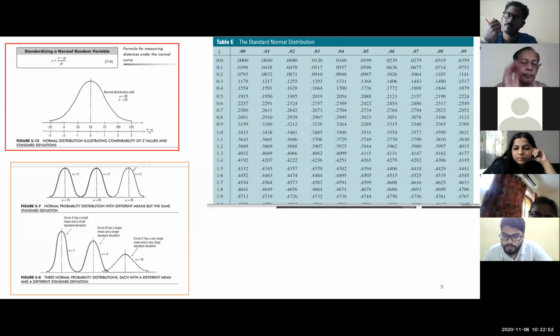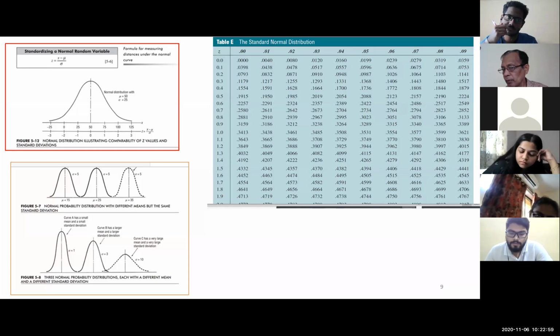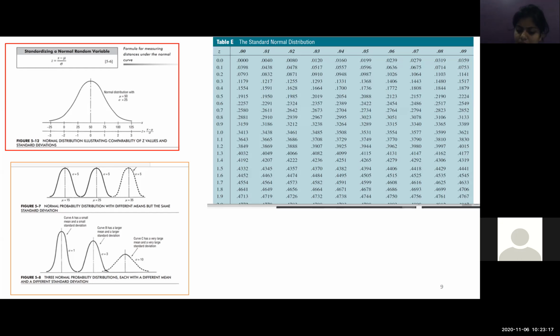Yes, Bina, the Z value is 2.24. It's given. So in the Z column, we will go to the 2.2 section, and then move horizontally to the 0.04 column. That is 2.2 from the Z and 0.04 from the column. In this row, look under 0.04, and 0.4875 is written. Are you getting it? Yes, sir, got it.